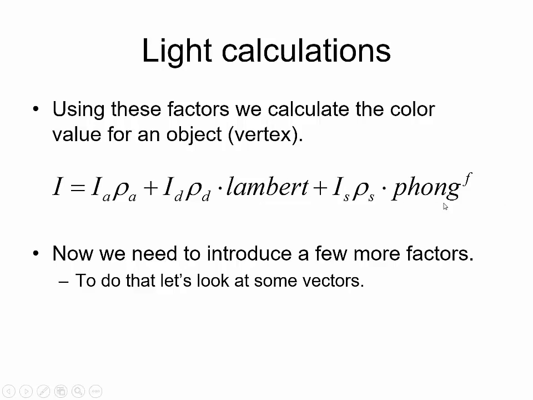Then we have this shiny part, specularity. So we have the specular intensity of the light times the specular value of the material times another factor here called Phong, which is again a number between 0 and 1. And this one has to do with the relation between not only the facing of the object and the direction to the light, but also the direction to the camera and how the light will reflect into the eye that's watching it. And then we have this shininess factor here,